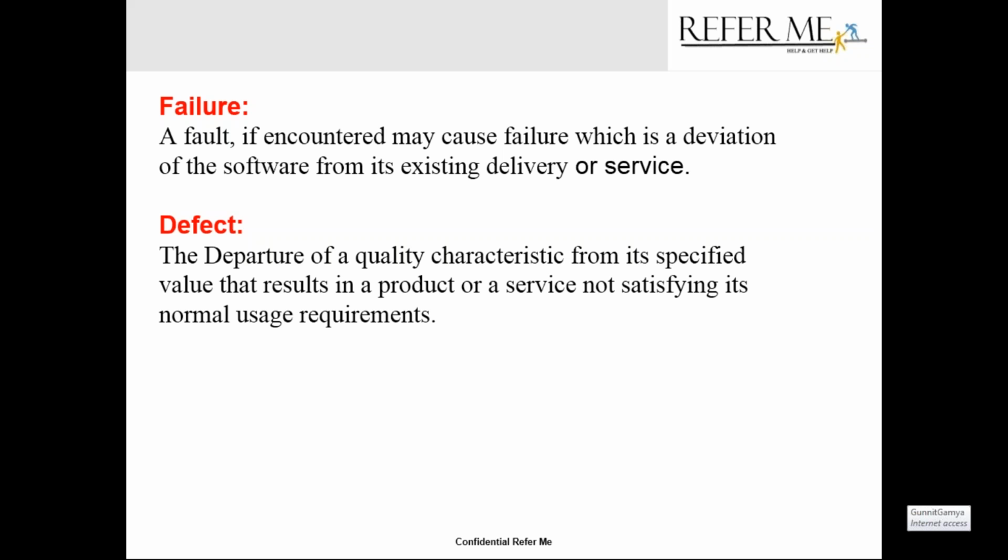For example, in the same thing which we have taken, if I am running my car at 100 miles per hour, right? And I am putting top gear. So the expected behavior is that there should not be any knocking. It should run smooth. There should not be any deviation. But what is happening on top gear? It is knocking. So that is known as your defect,